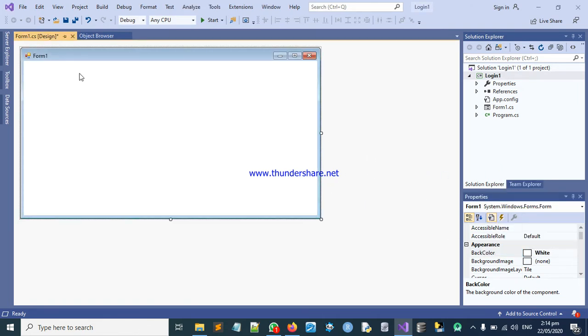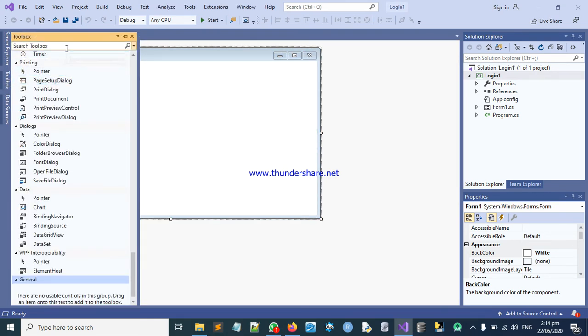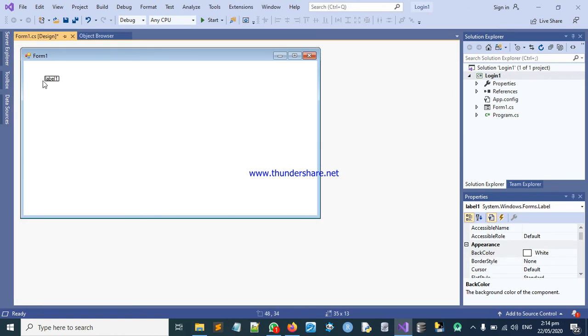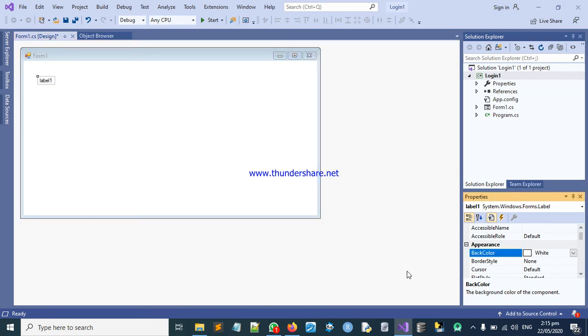Okay, so now I'm going to toolbox. Look for toolbox by your left hand side and select label. The first thing we need to look for is label. Let me select label and bring it out. Okay, so let me position it here. Okay, so I'll right click on the label, and then go to properties. So at the properties, let me change the text of the label to username,